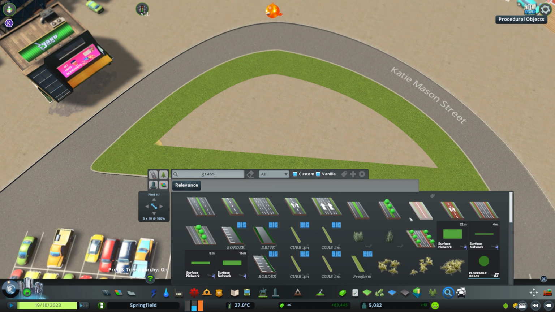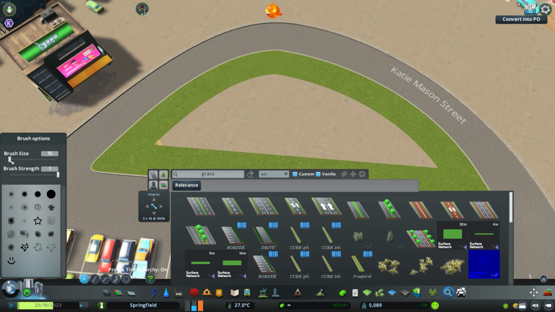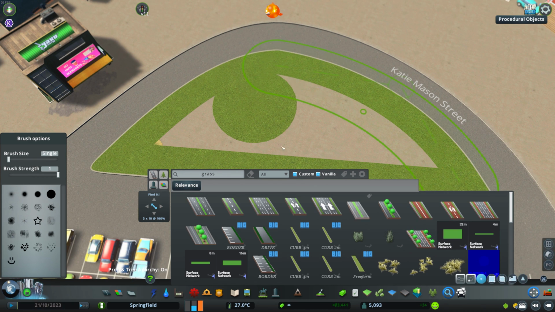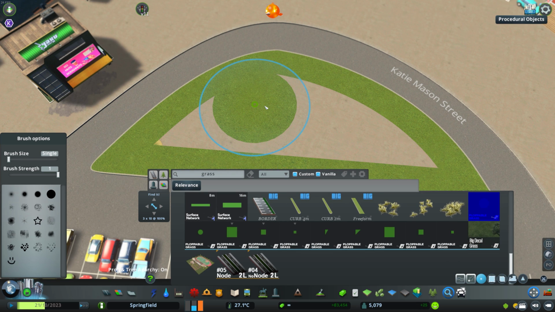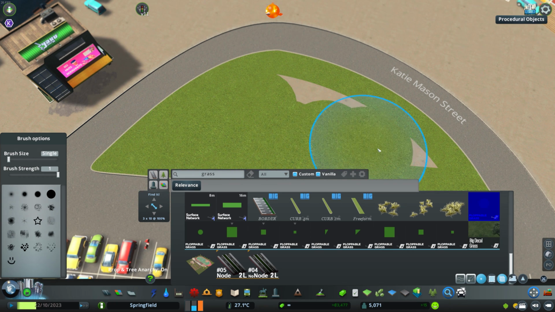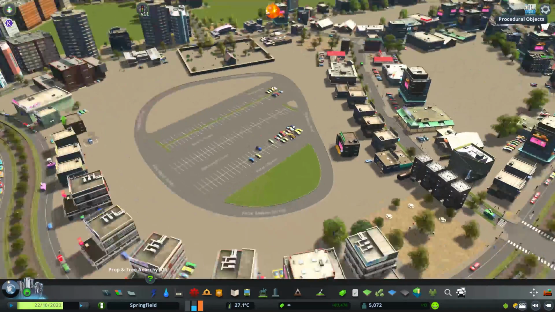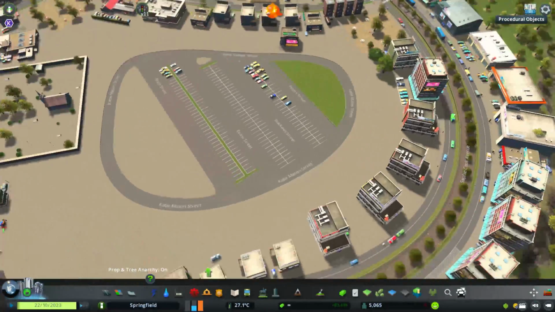And what you see here is the Find It mod, so you get these nice little things. And you can just use the plopable grass here, which gives you the ability to just plop down these sort of things. It's just some strips of grass in several shapes, whichever is fitting good enough for you, and then you use it until it fits in there, and then you just paint the rest of this thing to be covered. And here we go, we do have our grassy island right in the middle of our parking space,